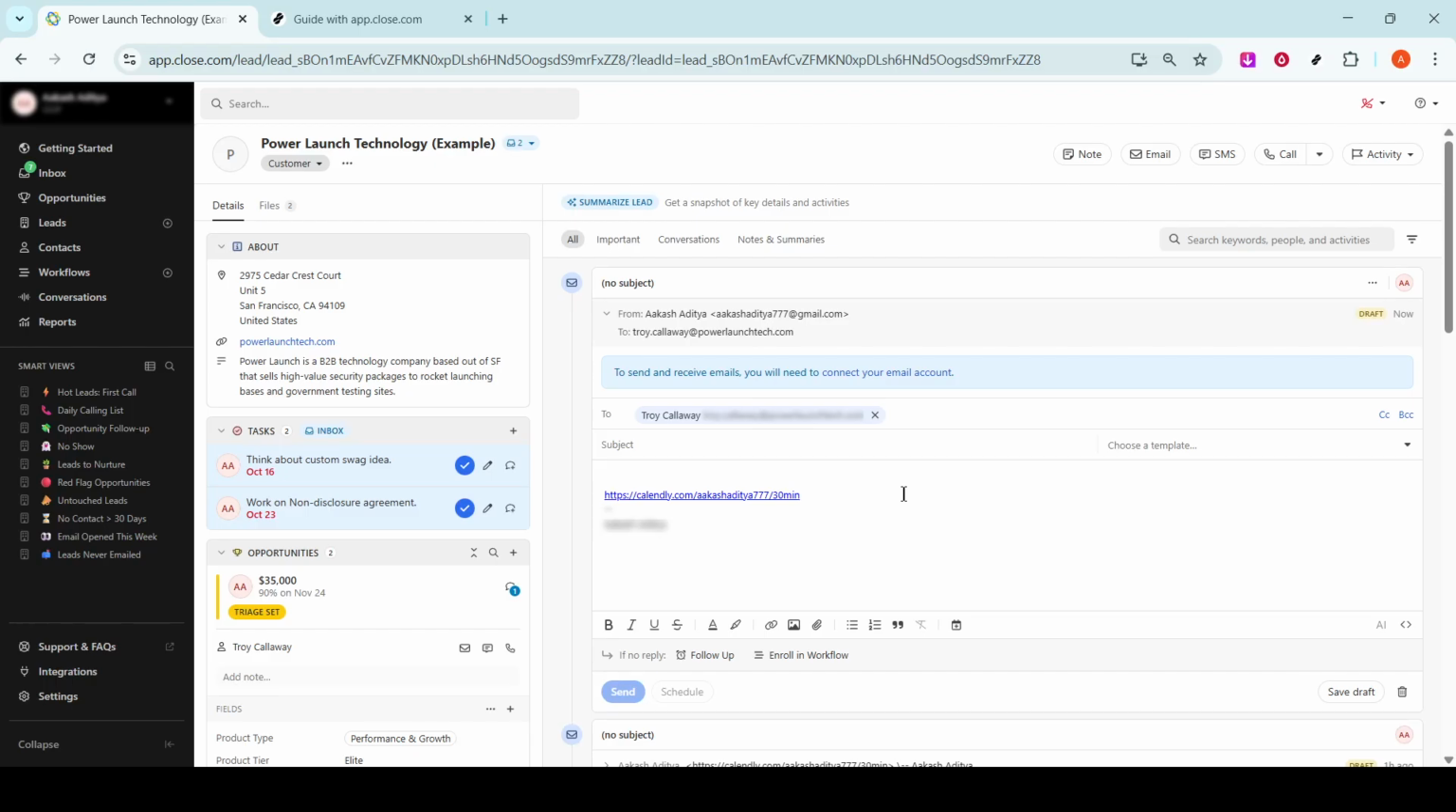This integration ensures that all your meetings are synced and logged within Close, providing a comprehensive view of your client interactions. And there you have it. A complete walkthrough on connecting Close CRM with Calendly, enhancing your ability to keep productive and organized. With these steps, scheduling and managing your contacts